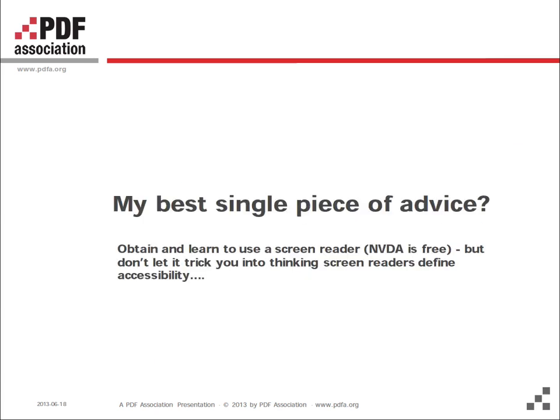I have one very simple piece of advice. While screen readers are not the be-all and end-all of accessibility by any means, and they can't particularly well help you with questions such as contrast, nonetheless it's enormously informative to acquire and understand how a screen reader interacts with your file. Obtain and learn to use NVDA as a good example. It is admittedly on Windows only at this time, but it is a fascinating piece of software, and it gives you an excellent